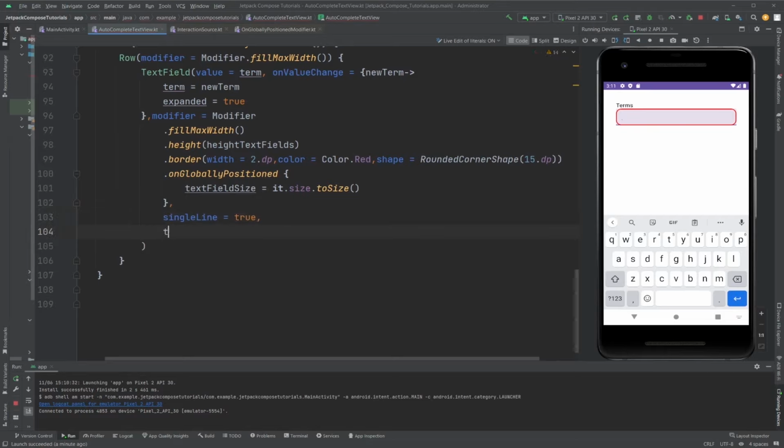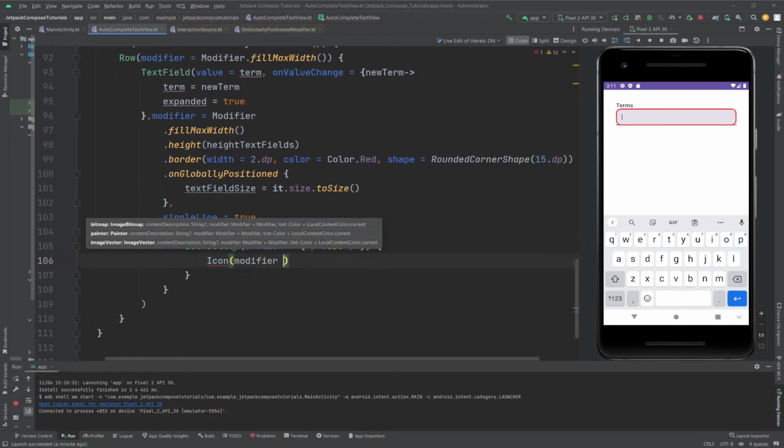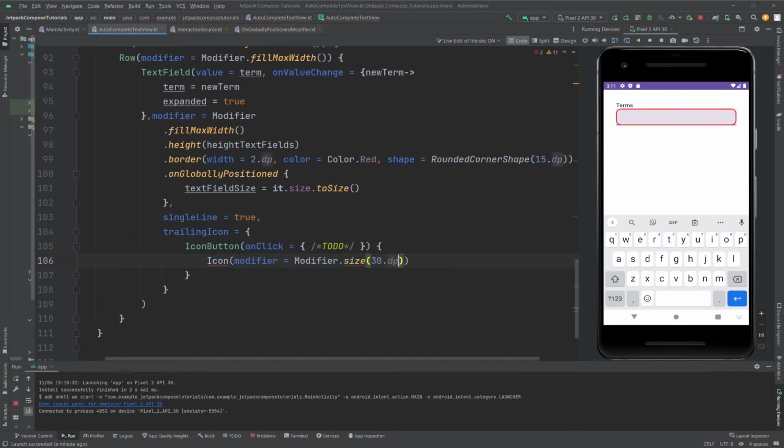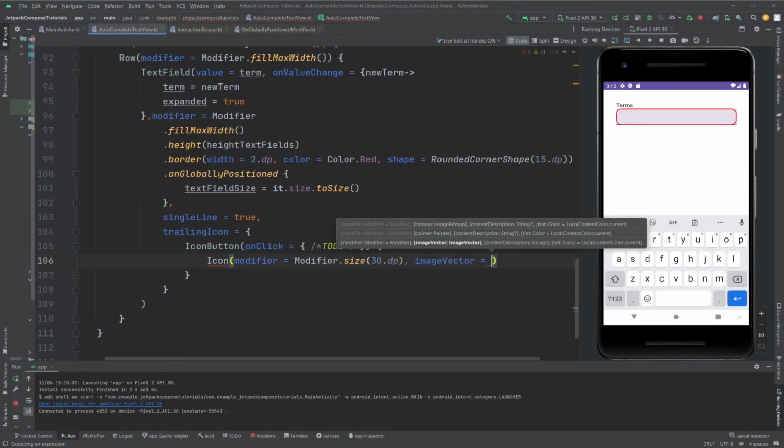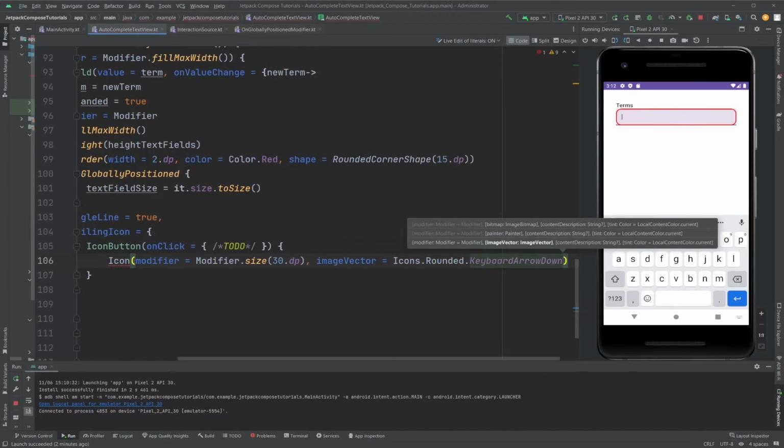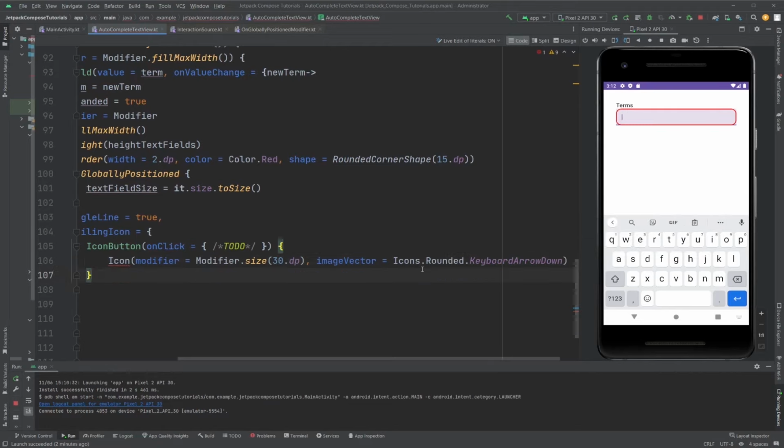Then let's create a trailing icon. And how are we gonna create the trailing icon? First by making an icon button. Icon button means icon, and modifier equals modifier dot size 30 dp, and image vector, which is going to be Icons dot Rounded dot KeyboardArrowDown, basically not arrow down, it's arrow down. Then content description, and then we need